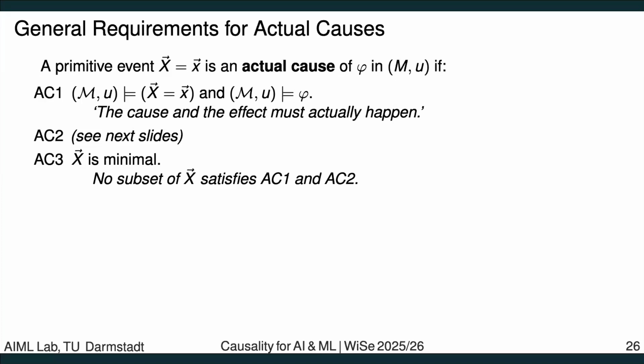Basically, I have another slide after that. And the third thing is really minimality. So we will try to find sets of variables that are then but-for causes, and we want the sets to be as small as possible as long as they fulfill the first and second rule. So this basically says, if I have some small set that already is considered a but-for cause, of course I can add more factors to it, but they will not change the initial claim of the smaller set being a cause already.